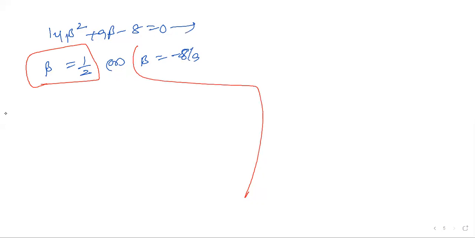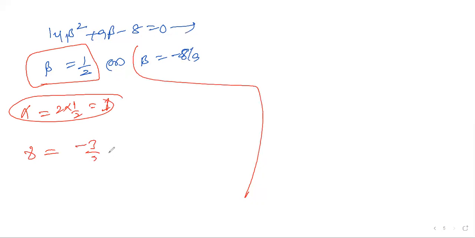What is the condition of alpha? Alpha is equal to 2 beta, right? Double of, yes, double sir. So 2 of 1 by 2, answer is 1. What is gamma equal to? Minus 3 by 2 into 3 beta. Am I clear? 2 alpha, right? Minus 3 by 2 into 3 into beta, where beta is equal to 1 by 2.